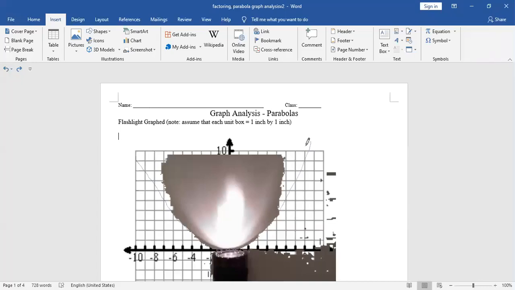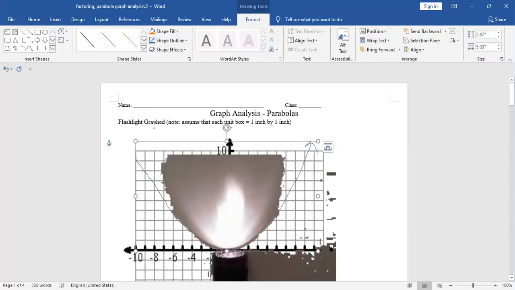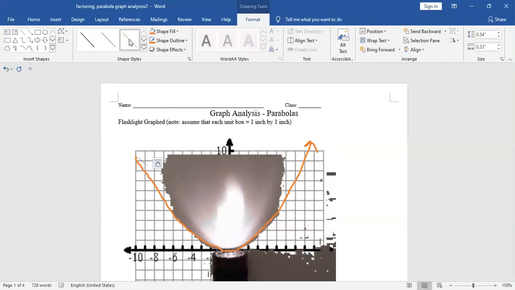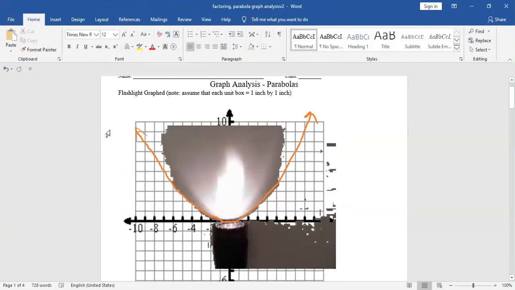All right. So make sure you have arrows on both sides. Okay, so this is my sketch of the parabola. The next thing you're going to want to do after your sketch is find points on your parabola. So in order to make this look easier,